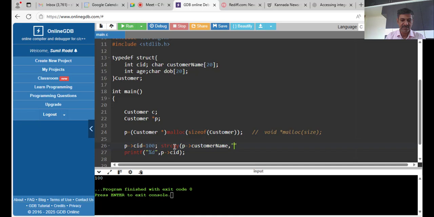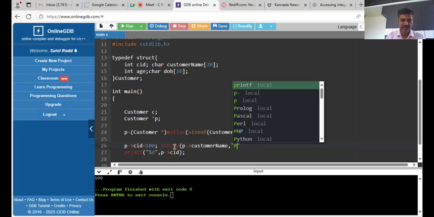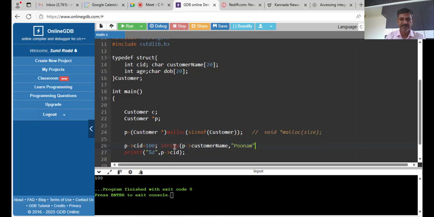Let us say some name. So this is string copy like that. So customer name is initialized with this name, and then p arrow age some 22, and then string copy again,